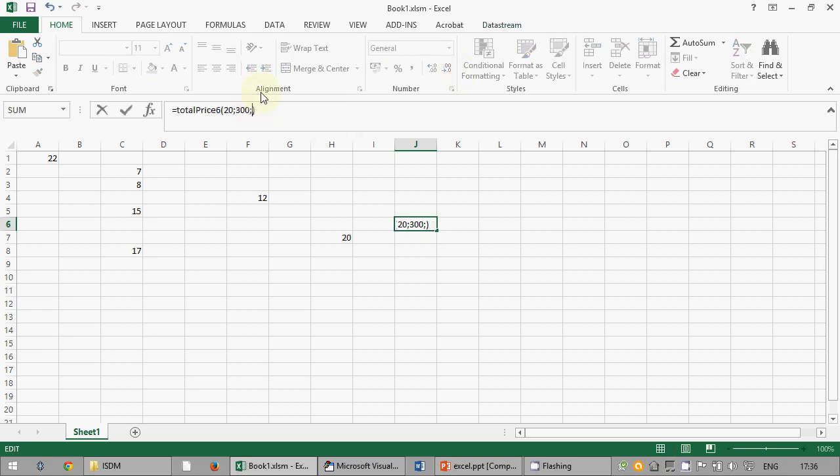But if somebody types yes, okay, this is a person who is a member. But since yes is not Y, the result is the same value for non-members. Even if somebody types Y, but small caps and not capital, the result is wrong. So I would like now to show you how you can protect yourself from these problems.